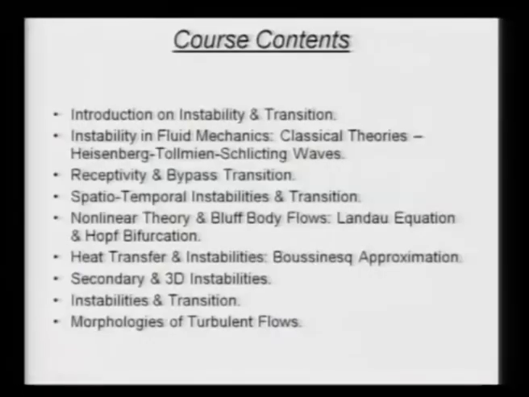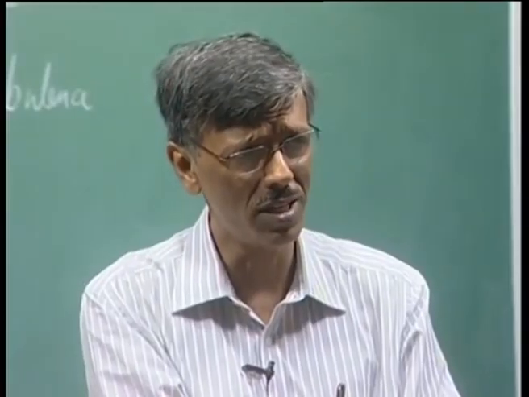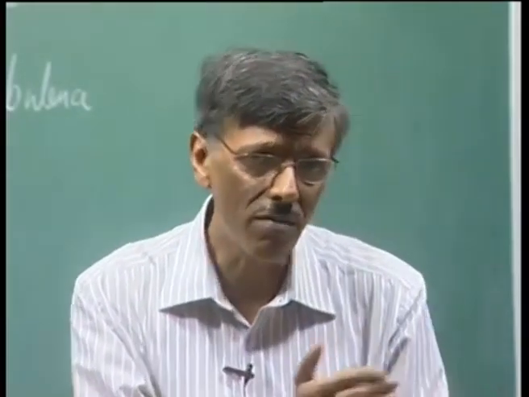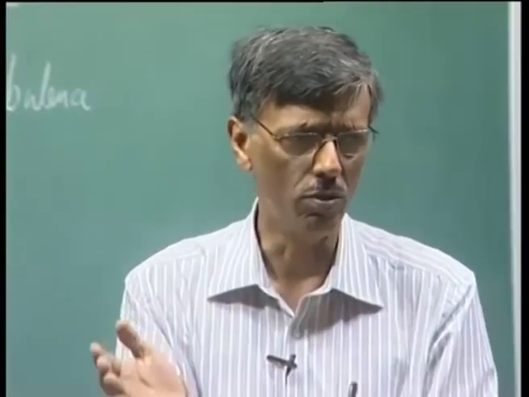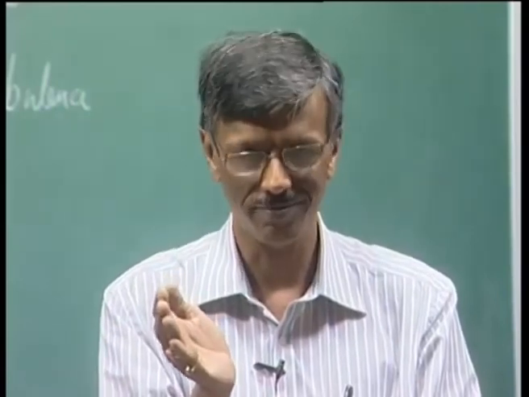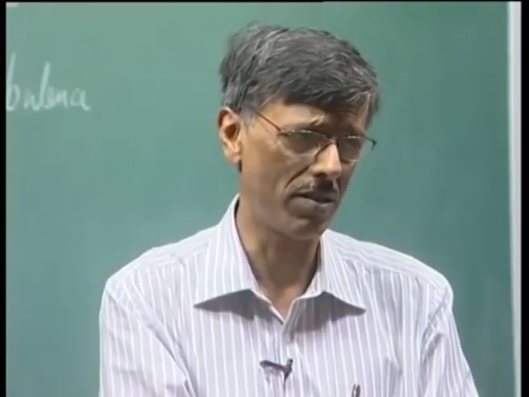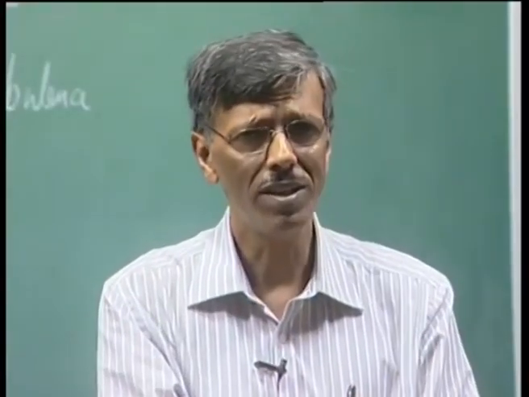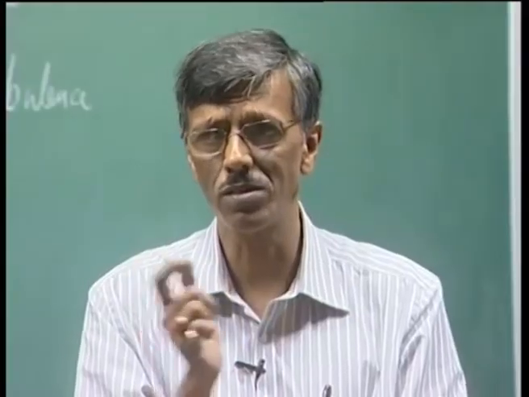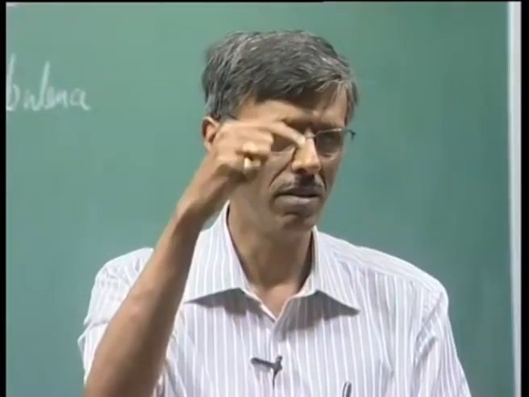Now, in the earlier part, external flows that we talked about past streamlined bodies, one of the characteristic features people have noticed over the years is that the disturbances actually convect as they grow. That means it is a spatial growth in space. In contrast to that, let us say flow past a cylinder is looked at, a bluff body flow. There you notice that initially the disturbances grow in time. If you are positioned in the wake, you will see it grows in time.